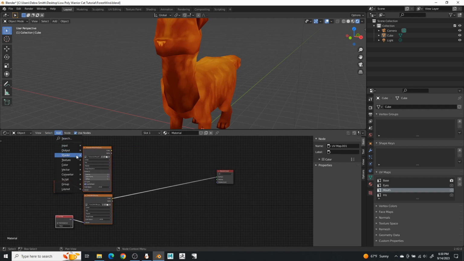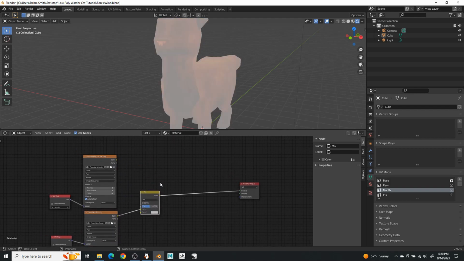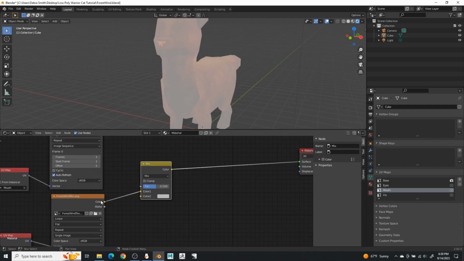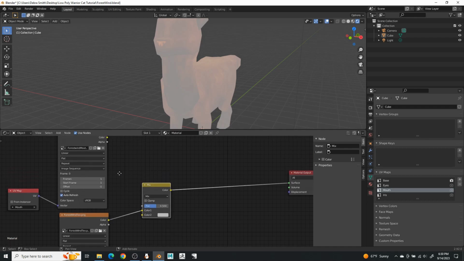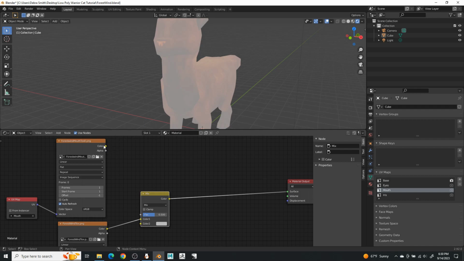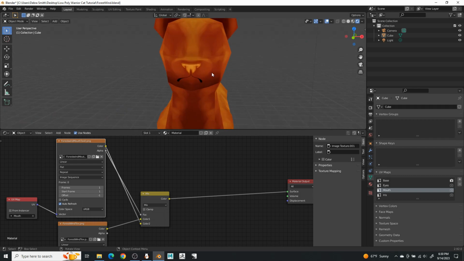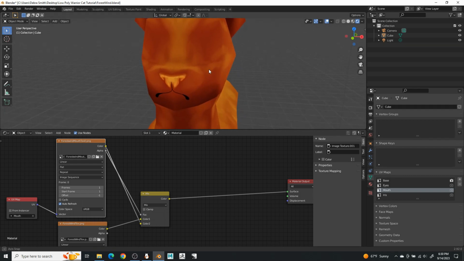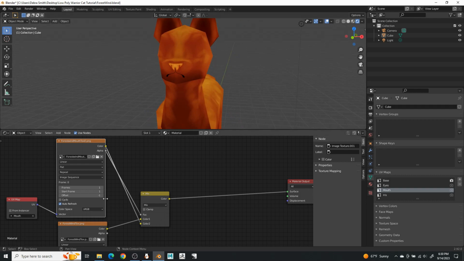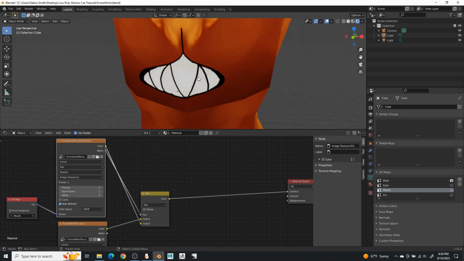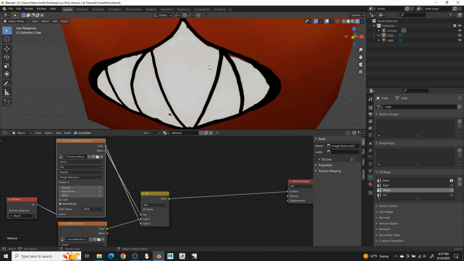Then go to color, mix RGB, drag this in so that the bottom one, the body texture, is connected to the top. Then connect the color from your mouth to color number 2, and then connect alpha into the factor. And there you go. Now the character's mouth is visible on the model. And if you click offset to go to 0, we can see the character's other expression,